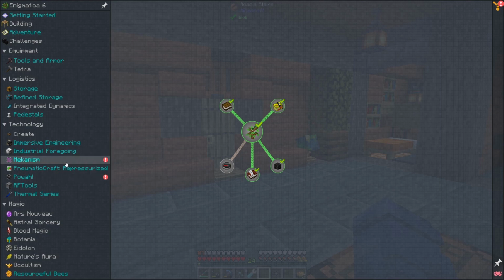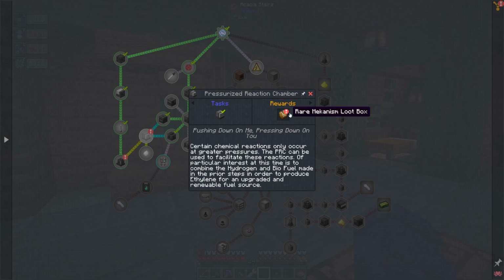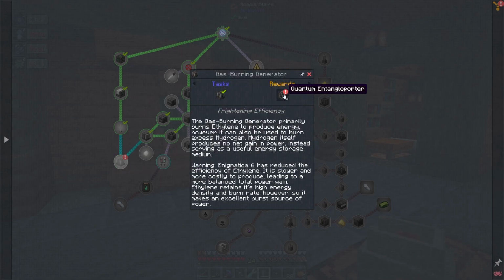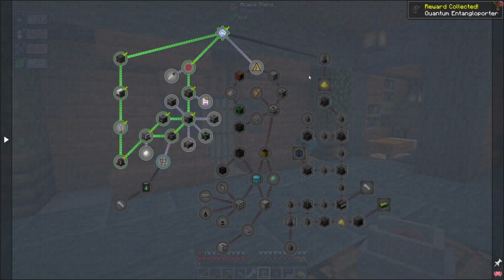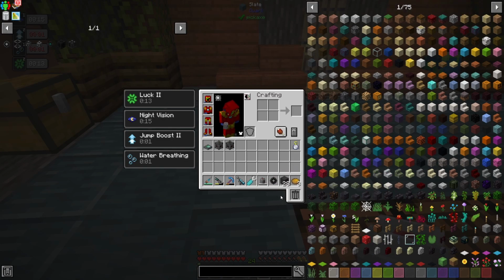So where are we at? So we got some mechanism stuff from a couple episodes ago that we haven't opened yet. Was this making the pressurized reaction chamber? Rare mechanism loot box, so we got there. And then from our gas burning generators, ooh, we got 2 quantum entangled porters. That is awesome. Because I've been putting off making the entangled porters for a while now just because...